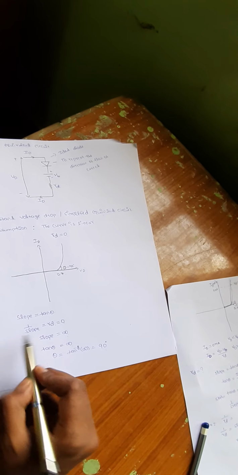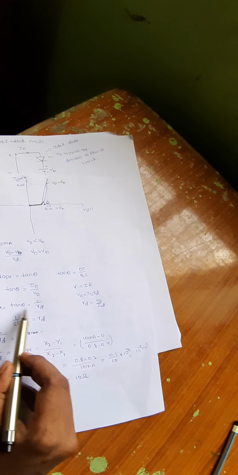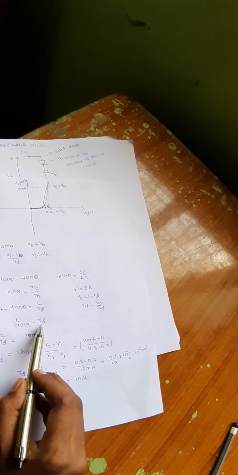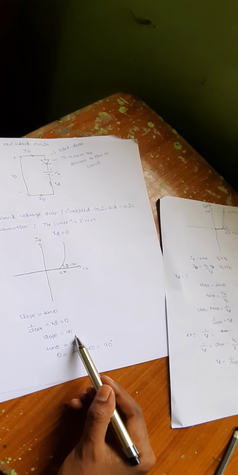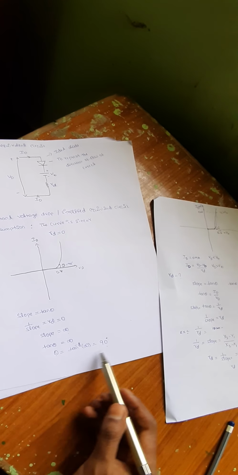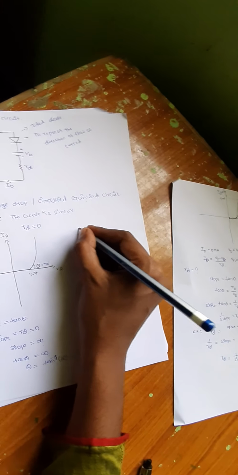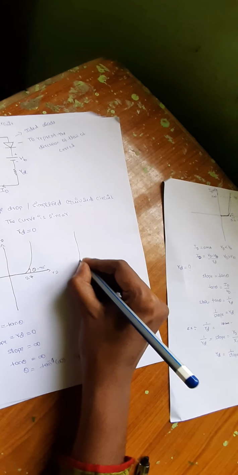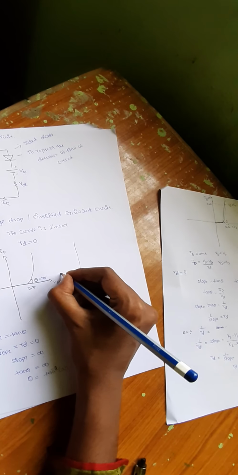You know that the slope is tan theta. In the previous part we saw this: tan theta is equal to 1 by RD, and 1 by slope gives RD. From that we get the slope as infinity. If RD is equal to 0, then the slope is infinity, right? And from that we get 90 degrees. So here there is a cut-in voltage. So the diode equivalent circuit curve is going to be like